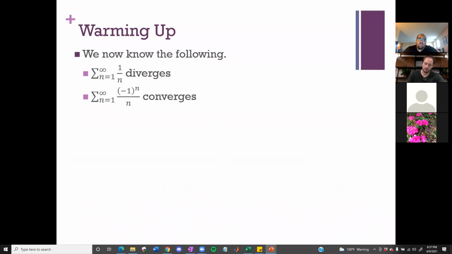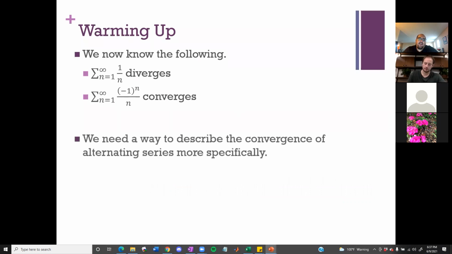So, based on what we did yesterday, we know that this top series, the harmonic series, diverges, and we know the alternating version of that series converges. And we got that from the alternating series test and a couple of animations and graphs that I showed you yesterday. So based on that fact,